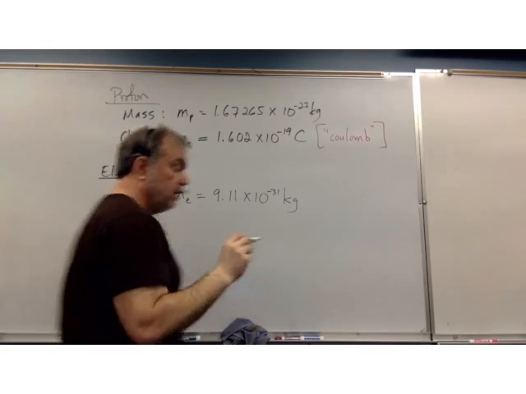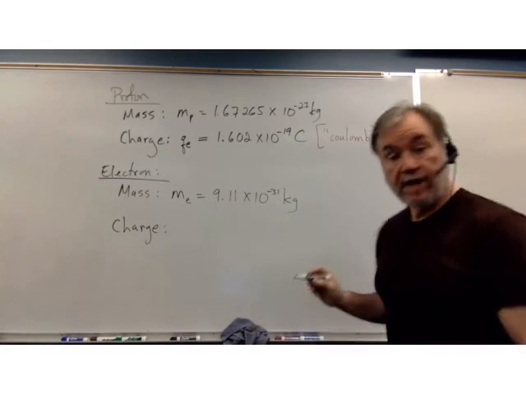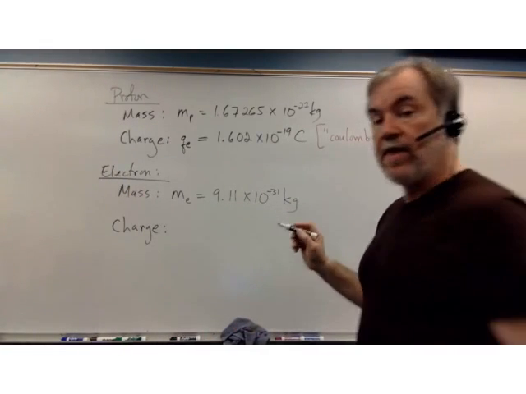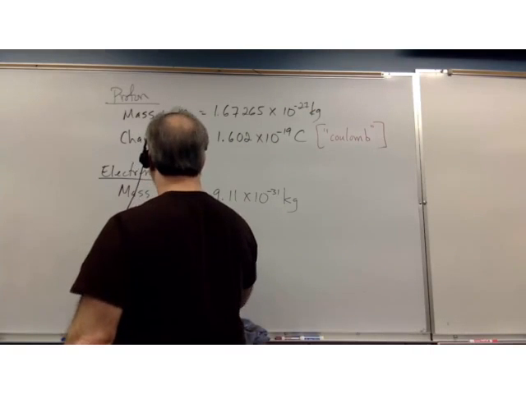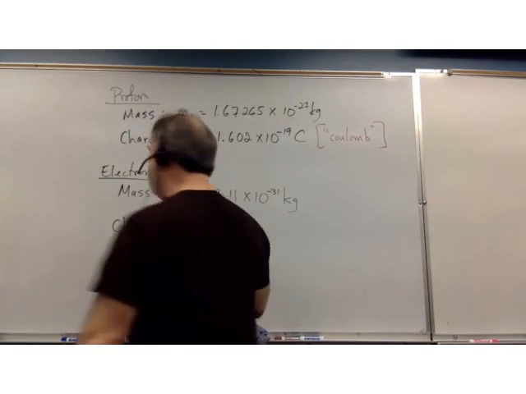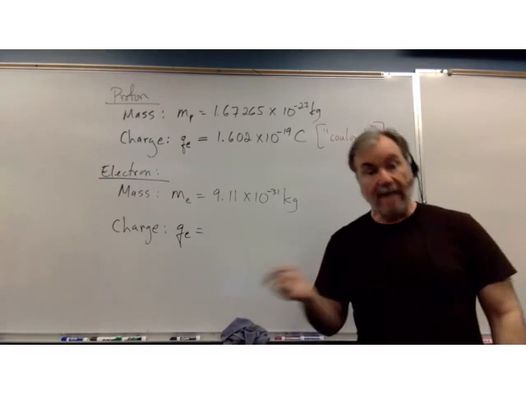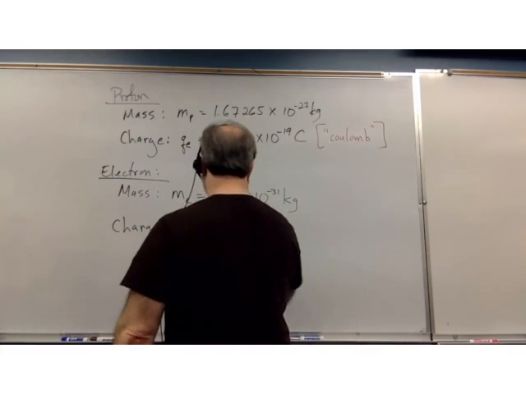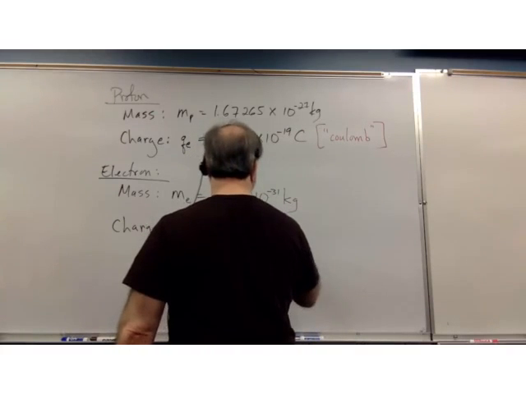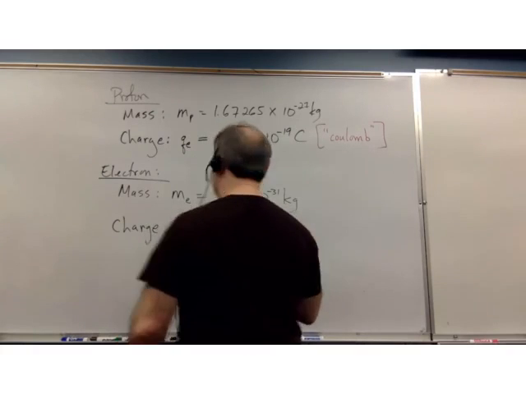And it turned out that the charge on the electron is exactly the same as the charge on the proton: 1.602 times 10 to the minus 19th coulombs, except